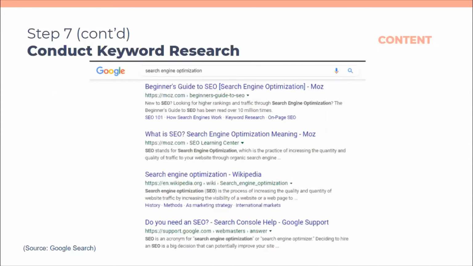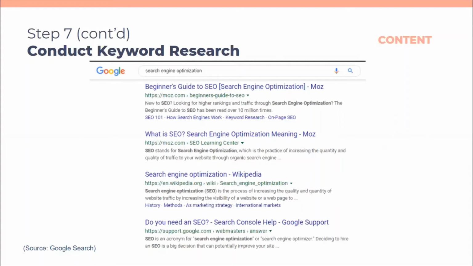And then looking at what traditionally has been called the 10 blue links. And again, the search results are much more complicated now than they used to be. And there's a lot more elements. We just looked at some of them. There's even more that we won't touch on today, but understanding what other websites are ranking and what content they're